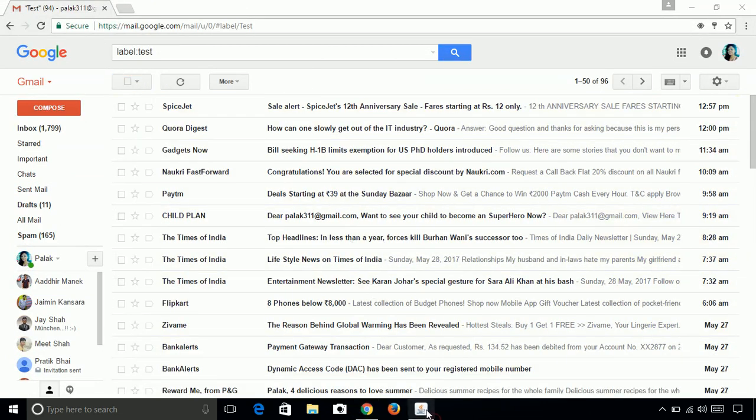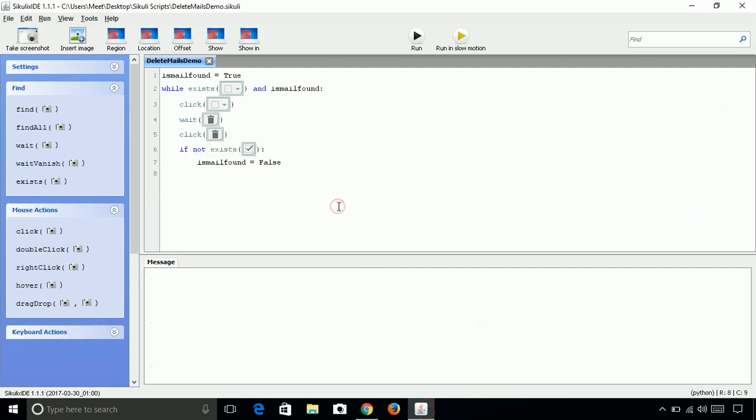Hence our script is also working fine. We can say that, because when this appears, this does not exist, this should be set false, and it will loop through these statements only when this appears on the screen, and at that time this is appearing on the screen, so it does not go to the loop. Now let's run it again.